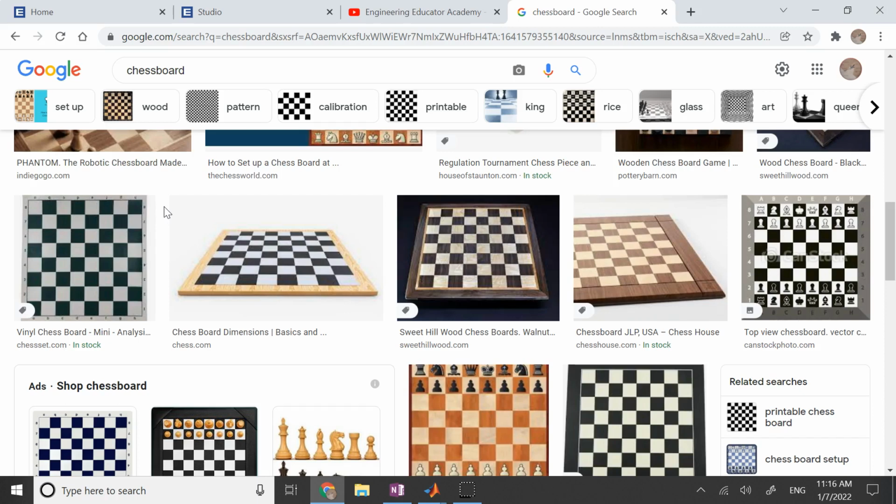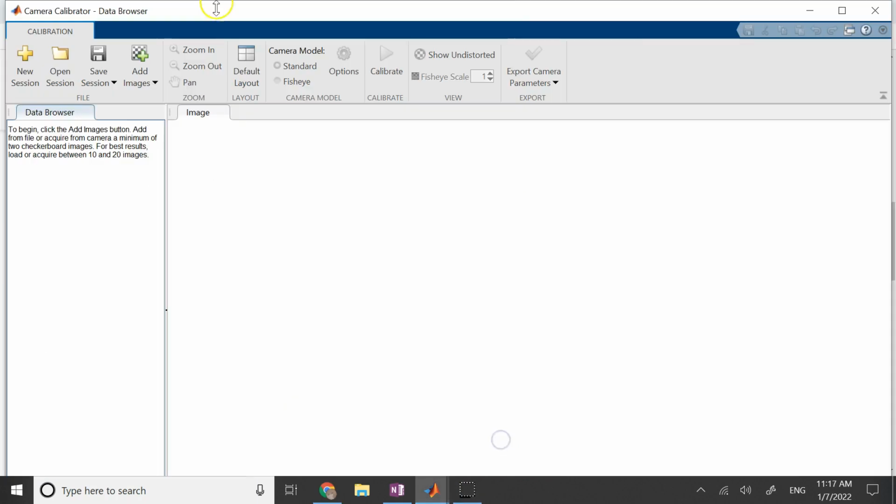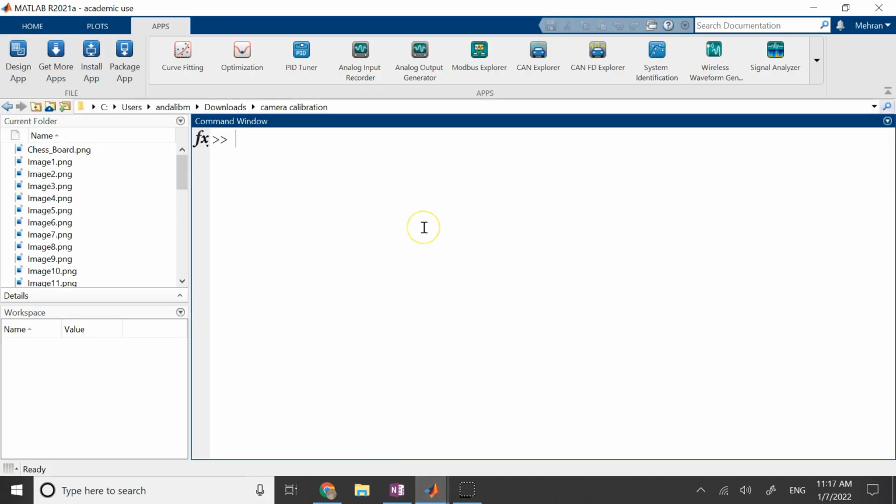Once you print that chessboard, now you can use your webcam, either the laptop webcam or a computer webcam, a separate USB webcam or something. Use that to capture the images. If the images are already captured and saved, then you can just click here and browse. So when you click here, if you say from file, you have to browse existing images. Otherwise, when you click here, it is going to allow you to use your USB webcam. And if you don't have a USB webcam